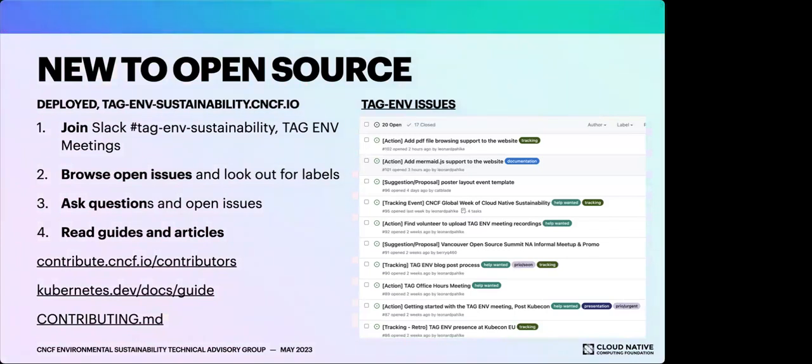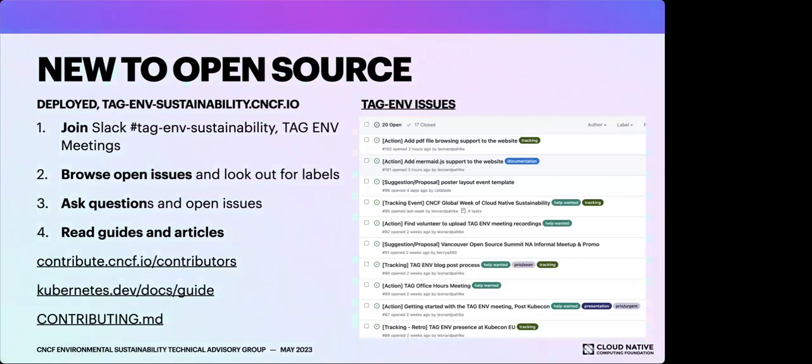We also have an email list, but we prefer Slack, and we send out emails very rarely, maybe if there's a major update. So you don't miss out if you don't join the email list.